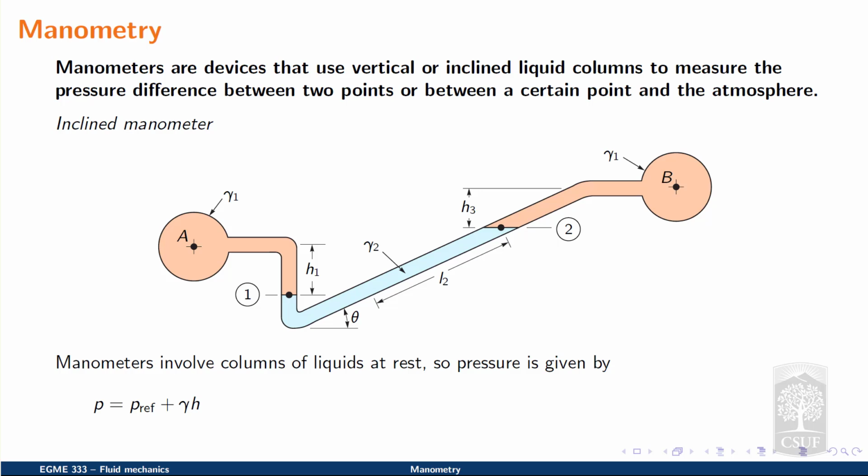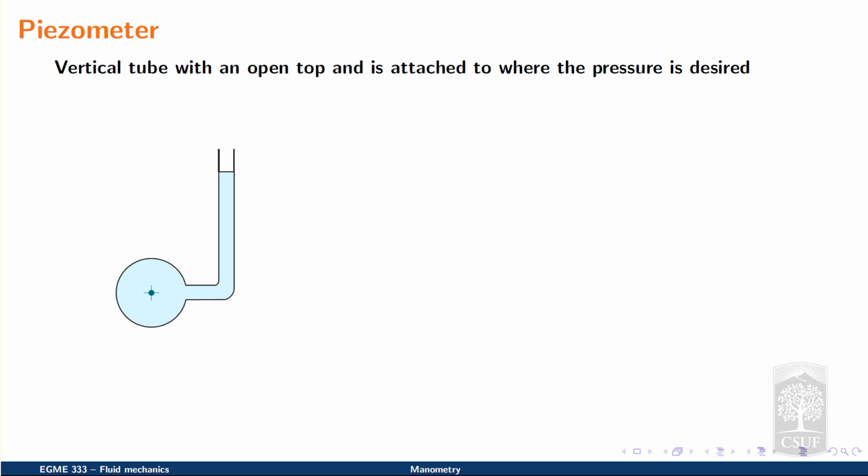In all three examples, the manometers involve columns of liquids at rest, so the pressure at a specific point, P, is given to us by a reference pressure, P sub ref, plus the specific weight gamma times the depth h relative to the reference pressure. For example, if we wanted to utilize a piezometer, which is defined as a vertical tube with an open top that is attached to a point where the pressure is desired, in this case point A,